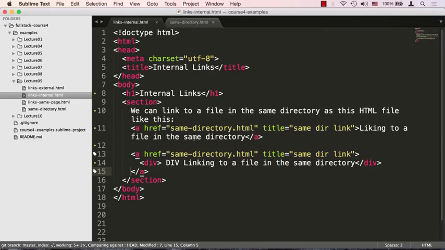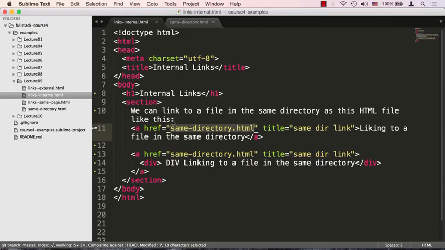Now the way you create links is by specifying an A element with an attribute href, and href stands for hypertext reference. The value of href can either be a relative or an absolute URL. In our case here, since we're discussing internal links, which are links that point to internal web pages of the web application, the links we're showing are all relative URL links. However, we could still have even absolute URL links as long as they point, again, to the same web application that we're in. Since we're providing no directory information, the browser will assume that samedirectory.html is a file that lives in the same directory as